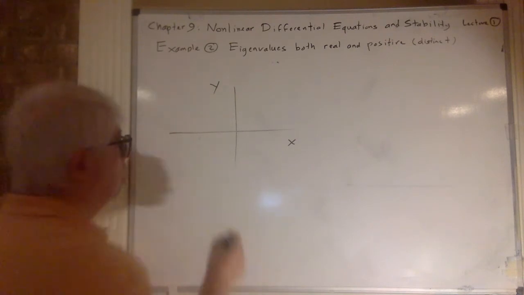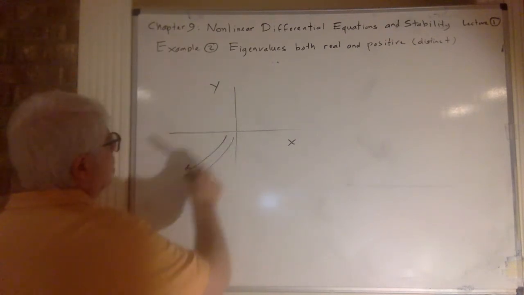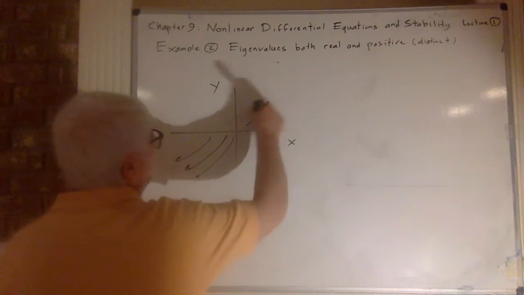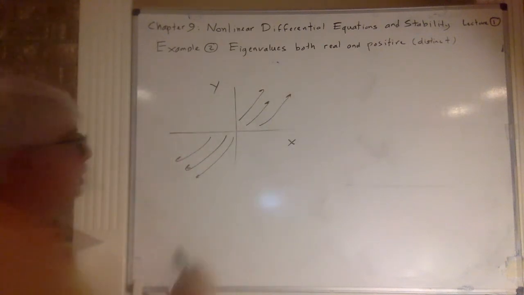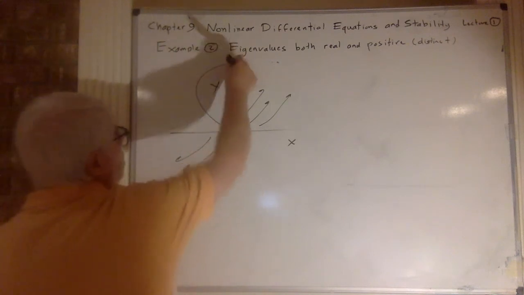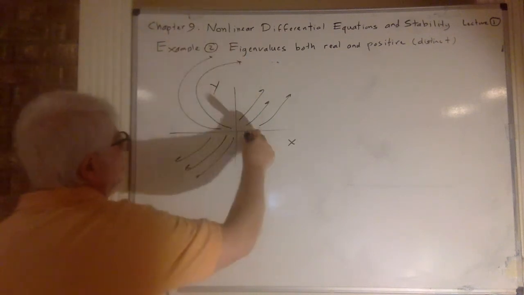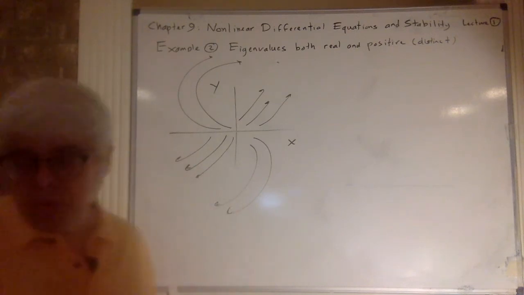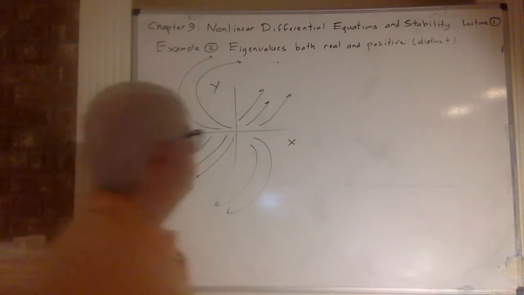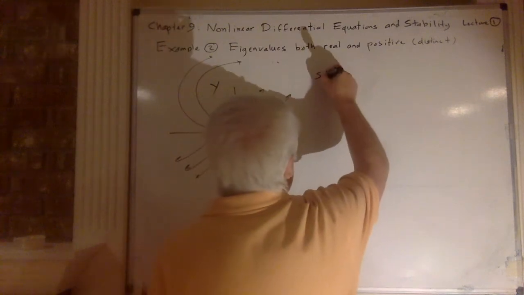So the streamlines will be like this. Let's go this way, then go this way, and if you start here, it goes like this, and here it goes like this. So you can graph this on Mathematica or Wolfram Alpha, and if you don't remember how to graph it,